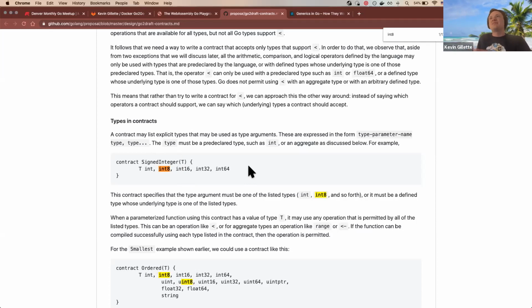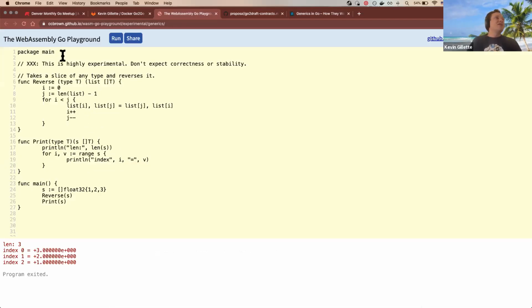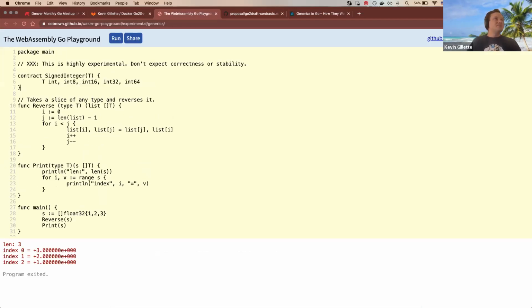You are limited to the operators and syntax that all of the types implement. So all of these types do implement all of the same operators, but if you threw in a float here, for example, floats can't use the modulo operator. So you can't use the % operator to say, give me the remainder of something, because that's not valid with floats. If we actually just went into the playground here and tried that out,